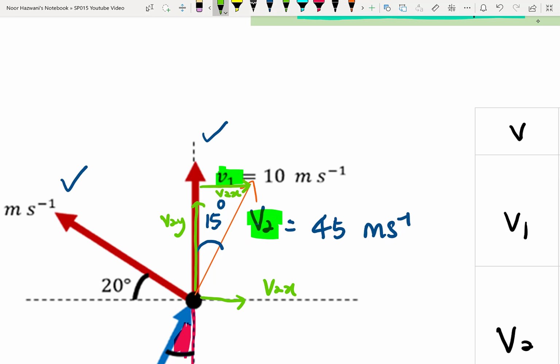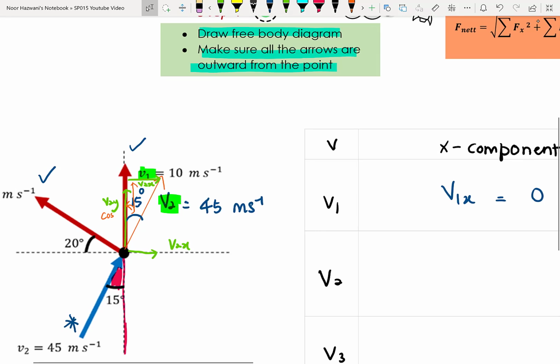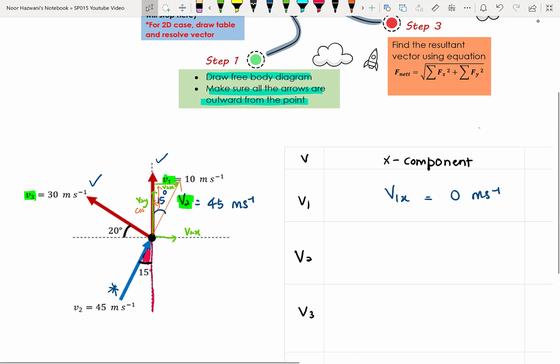Okay, and then, macam mana kita nak resolve? Kita nak tentukan sama ada kita nak guna sin ataupun cos. Kita akan lukis. Kita akan lukis apa? Arrow daripada angle tu. So, nak pergi Y, nak pergi Y, bentuk C, betul? Okay, and then nak pergi X, straight. So, paksi Y kita akan guna cos. Okay, therefore, kita akan masukkan V2X kita. So, V2X kita adalah sama dengan dia punya vector dia adalah 45, okay, and then sin 15,